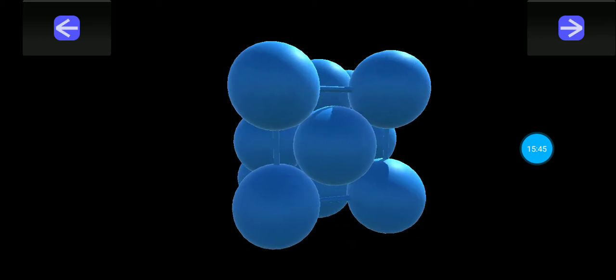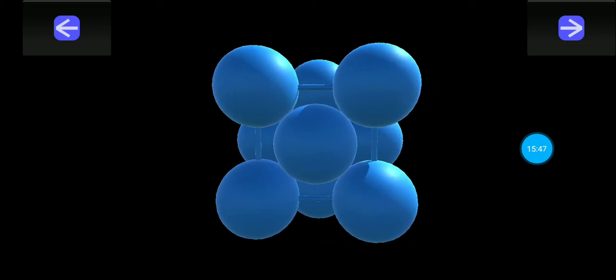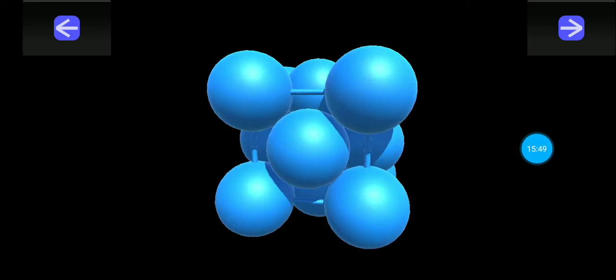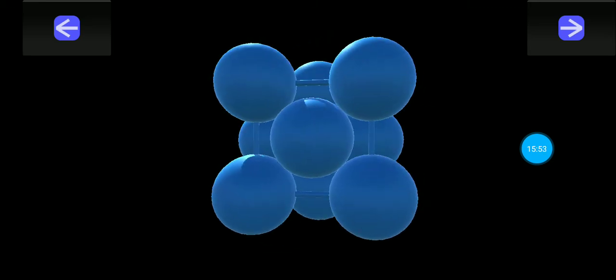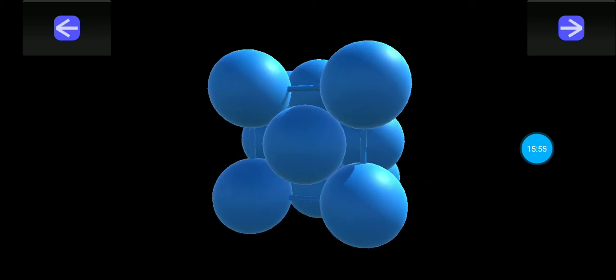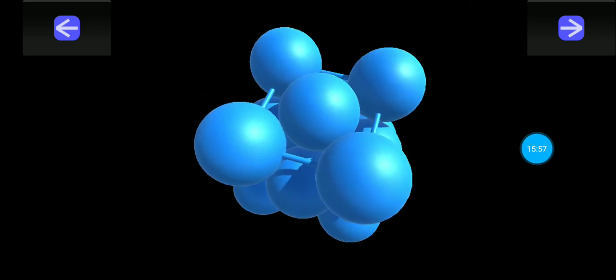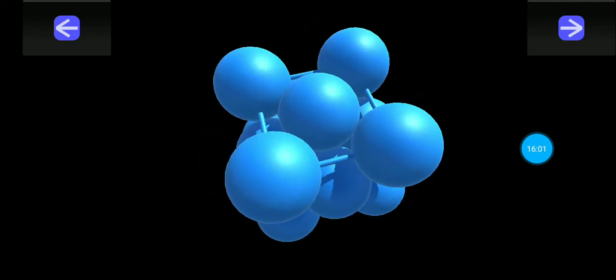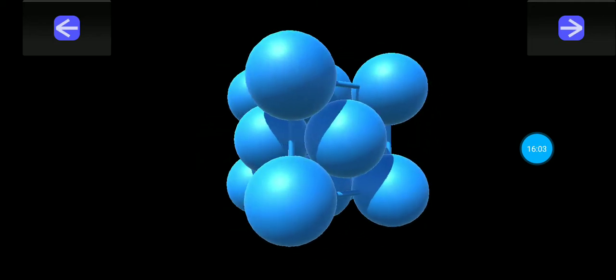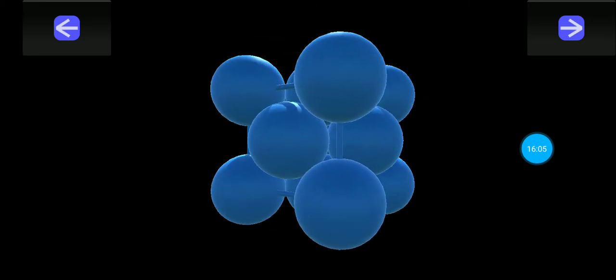Half of the face atoms are inside the cube, half are outside the cube. So this is how the face centered cubic cell will look like. We can rotate it in whichever direction we want. So this is face centered unit cell.